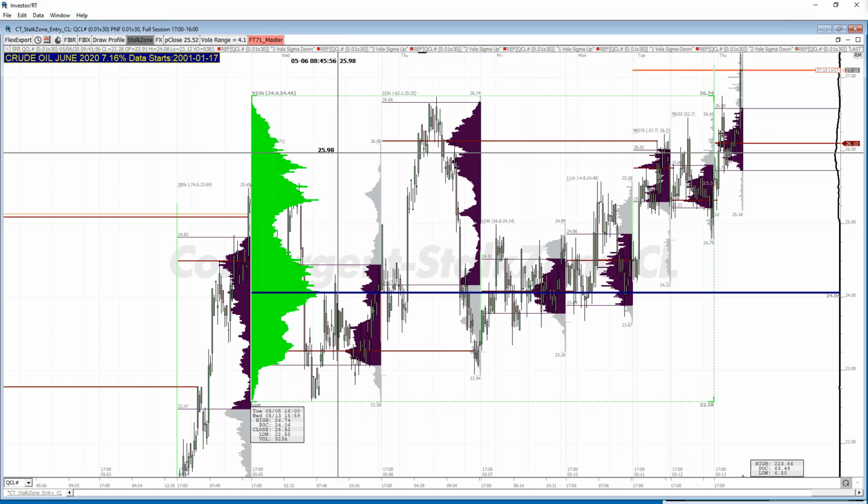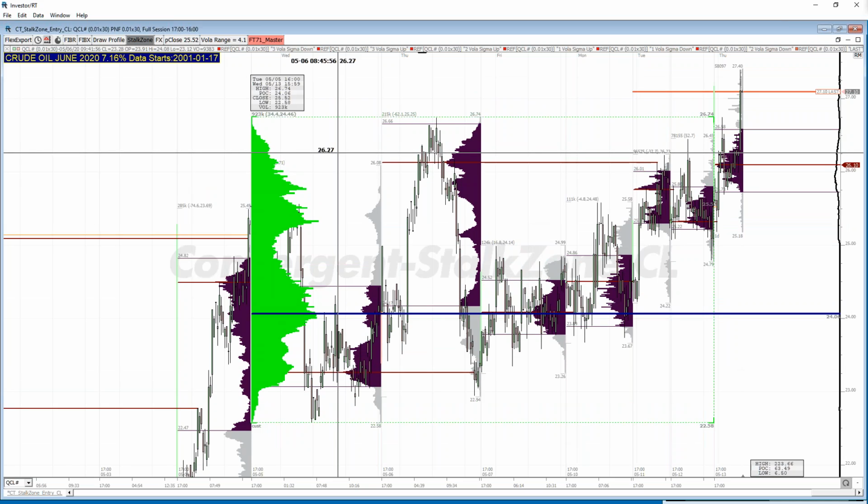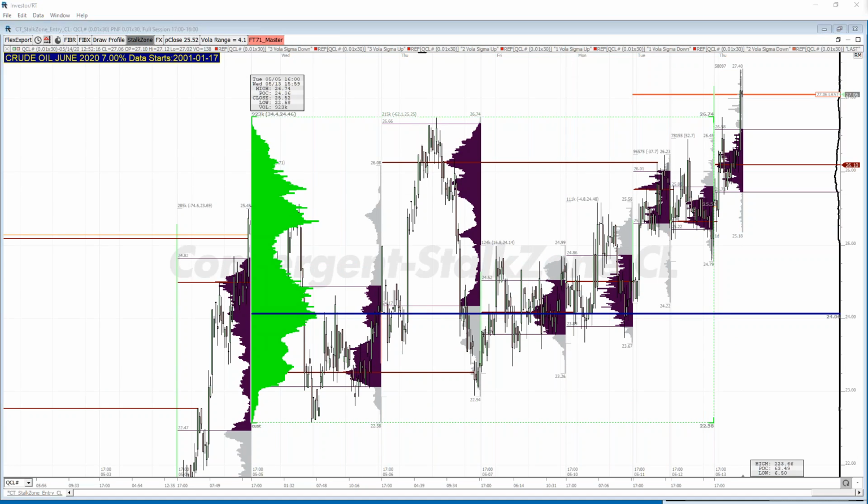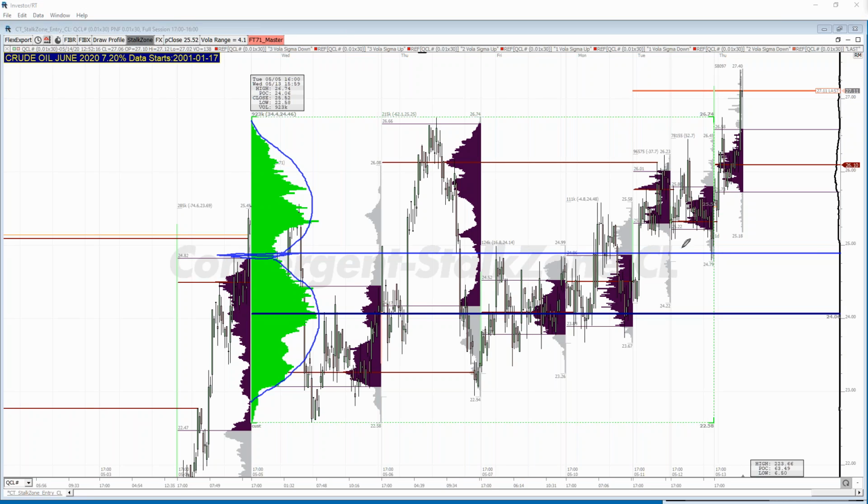I just decided right before we started here to pull up crude. And what we have here is now a double distribution microcomposite, double distribution with a low volume node right here, okay, for the lower distribution. And it's really important for crude traders to keep track of where it is above or below. And I've used this concept to, say, trade options with 3-week expiration or something like that, based on the idea that if it,